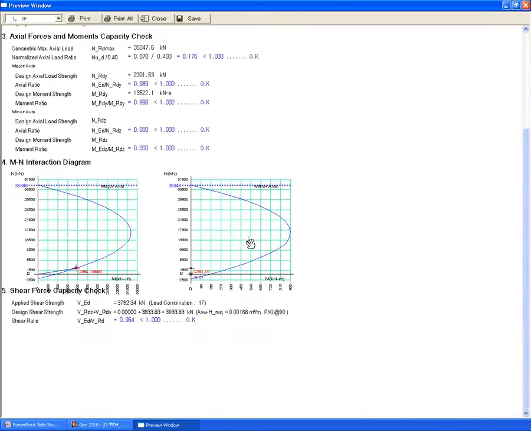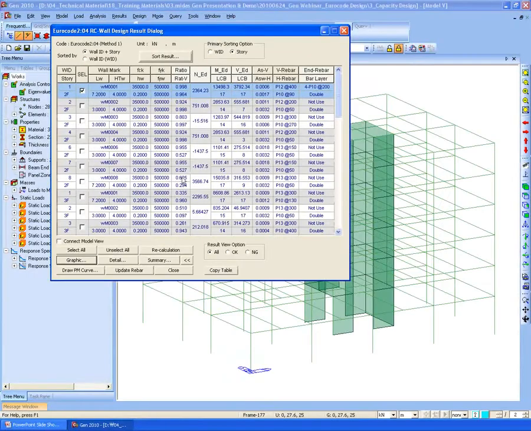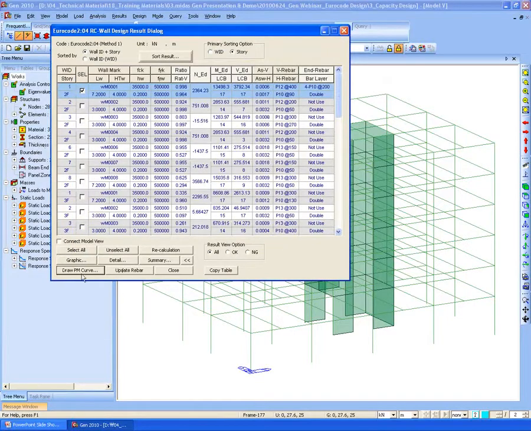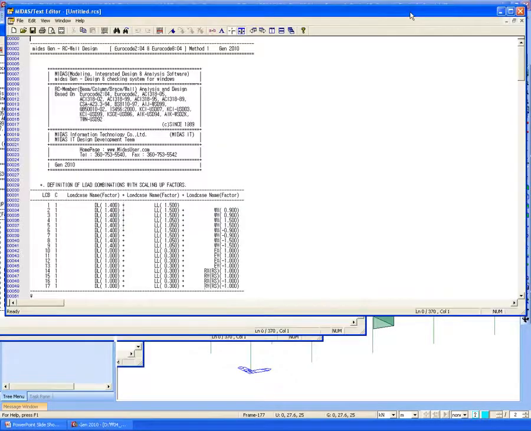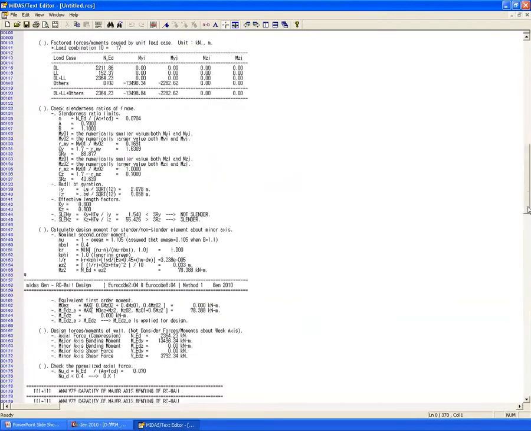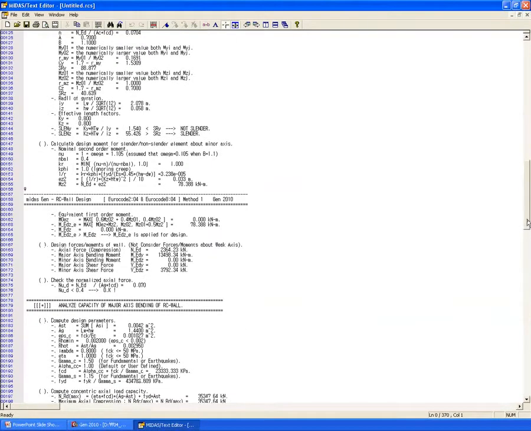We can see the results for the major and minor direction. Since we are using the 3D PM interaction, the major and minor direction you can check, and the detailed report is the same as the column design. We can check the detailed values and equations which were used in the design.